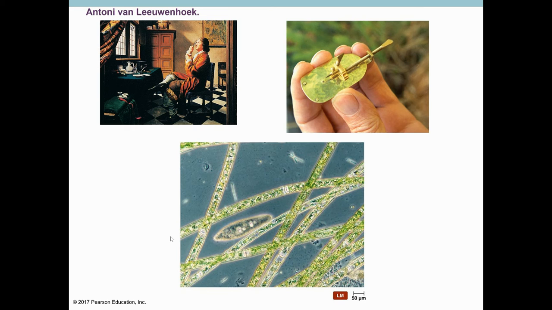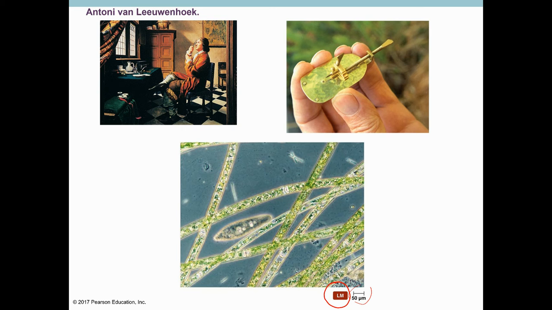You can see a little needle-like structure that hangs above where the lens is, a tiny little lens. And in the bottom center, you see a more modern day picture of what you can see under a microscope. When we're looking at micrographs, a micrograph is a picture made through a microscope, a combination of the two words microscope and photograph. One thing you want to notice is the LM stands for light micrograph. That means this photo was made using a light microscope, which is the one we're going to use in lab.